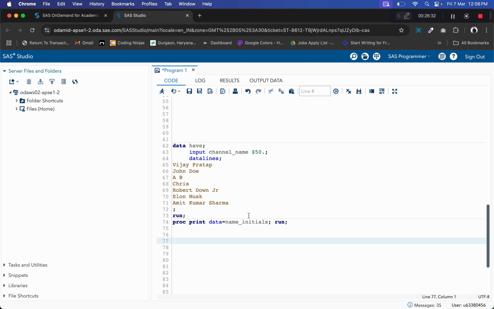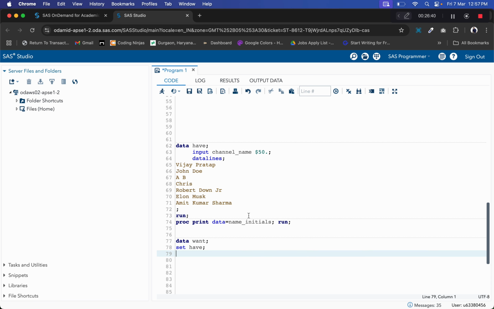Let's create one dataset called want, and set the have dataset. Now let's create one variable called length. For initials, we are giving the length as maybe 100.